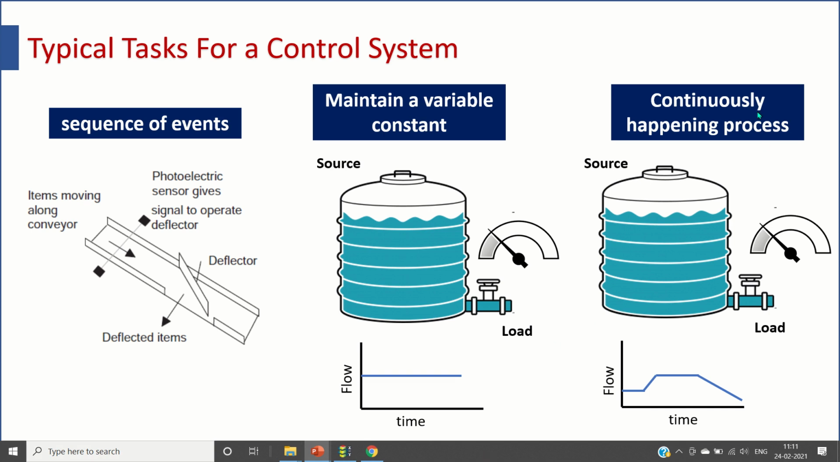And the next task is when you are having a continuously happening process. Continuously happening process means again there is a clock in order to synchronize our action, and I have given you the task, rather the control panel demands, that with respect to time the flow should be like this. Initially there should be a constant flow, then the flow should increase to some extent, then again it should maintain some constancy, and then the flow should come down. So under that circumstance you can easily understand that the faucet has to be opened and closed accordingly, so that you can